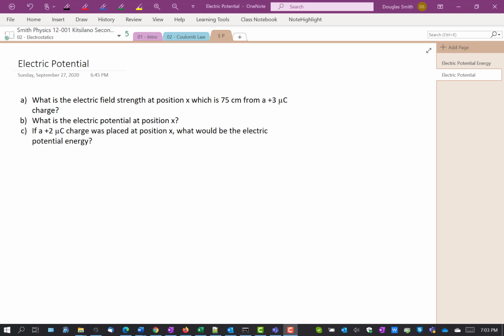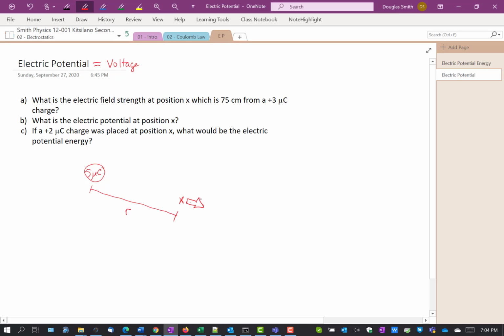Okay, here's a little video to help support this idea of voltage and electric potential. So electric potential is another way of saying voltage. I'm going to start with this idea that maybe there could be some charge in space, say 5 microcoulombs, at some point x in space, and maybe it's some distance r away. And we know that the electric field strength at that point,